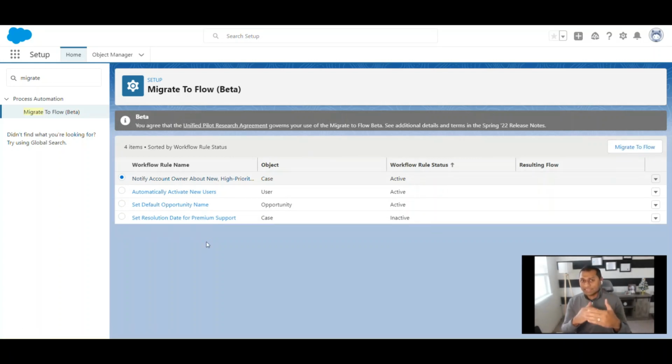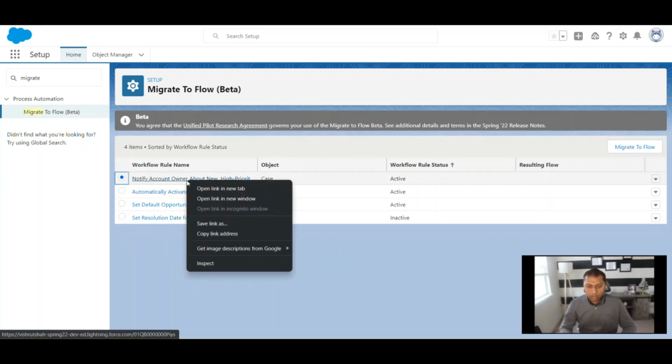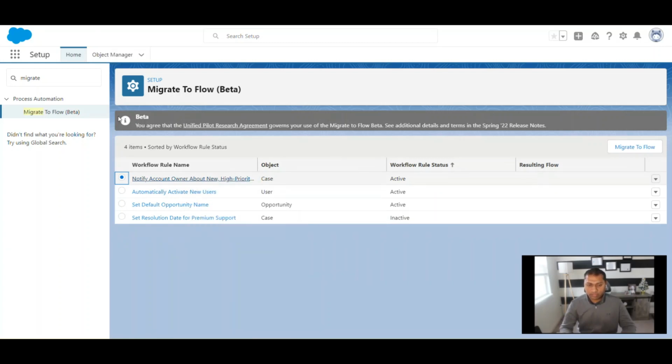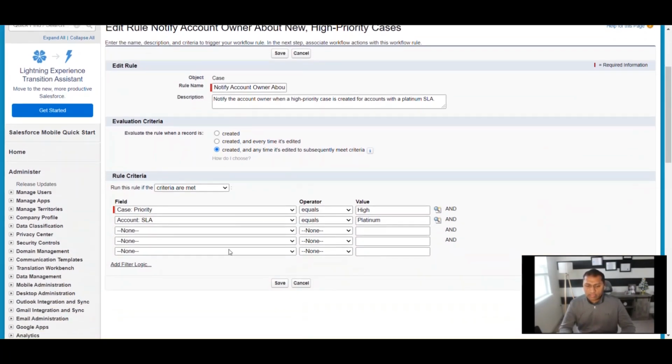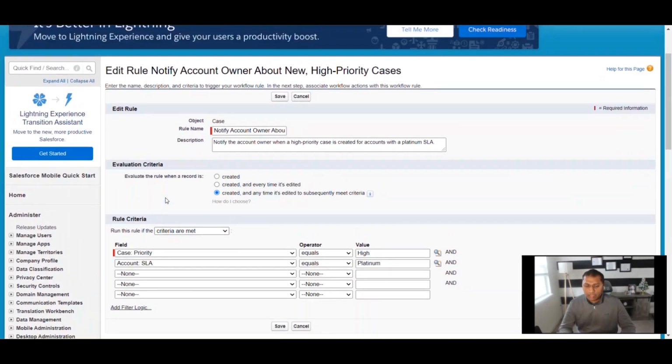To test this tool, I have created this workflow rule in multiple ways. So I'm going to open these two case workflow rules in a different tab. This one is notify account owner about new high priority case. And then the second one is set resolution date for. I have designed these workflow rules to test different scenarios. A major difference that you can see pretty straight away is in the criteria, right? So I have